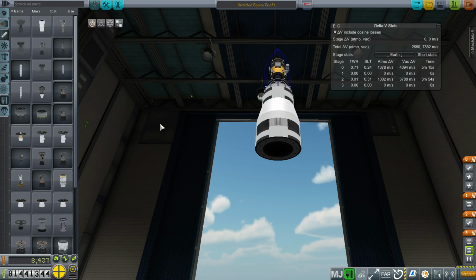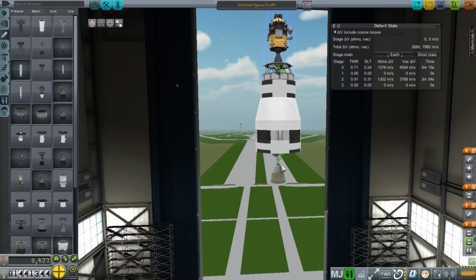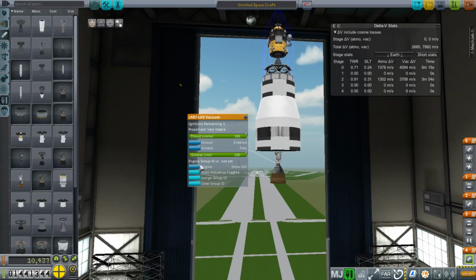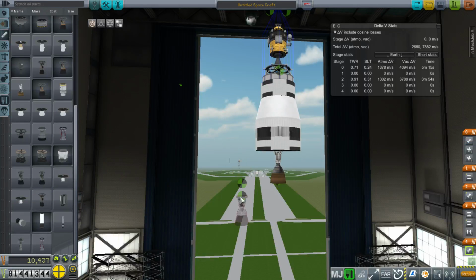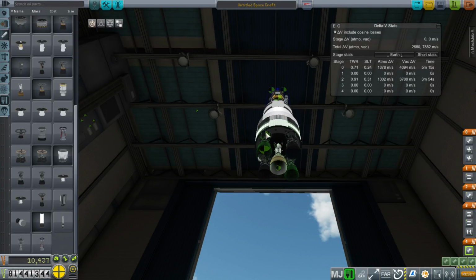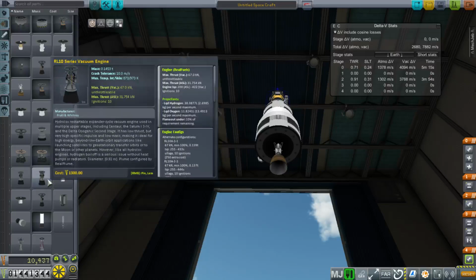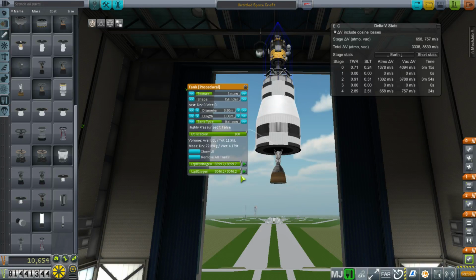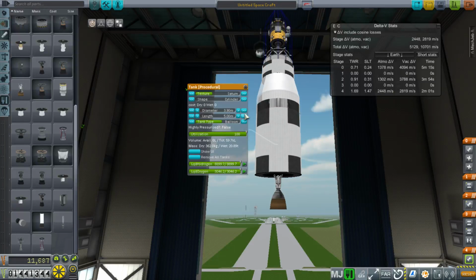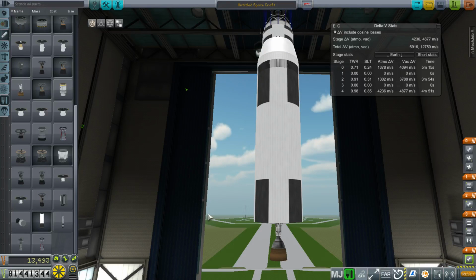So, based on, I think it'd be best to probably use one of these. Because either that or I could use like 8 RL-10s, which would be a bit ridiculous. And 8 RL-10s will still have less thrust. This is one of the most efficient engines that are available, but Alright, so